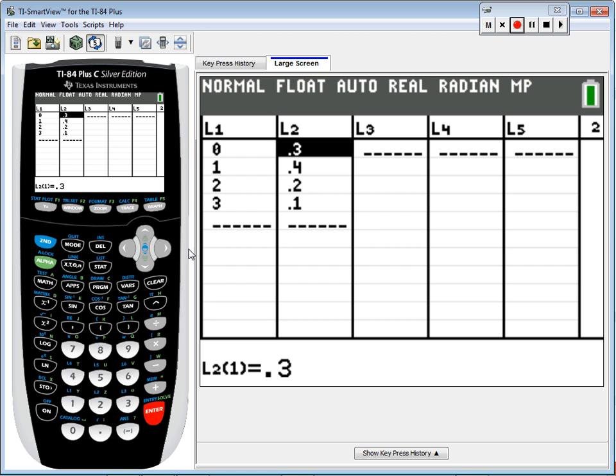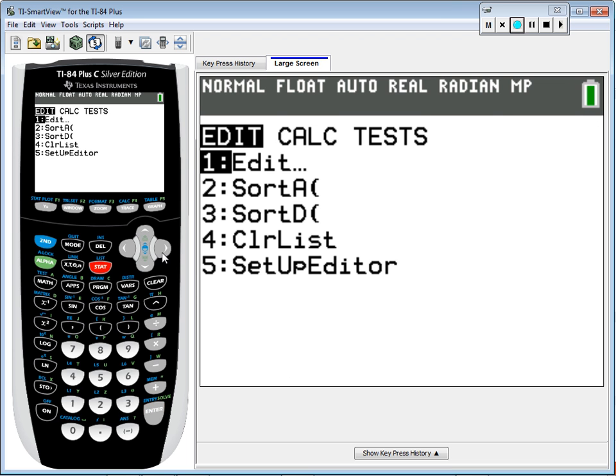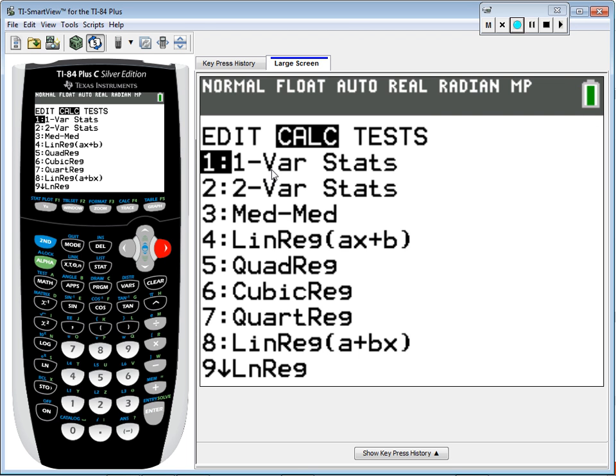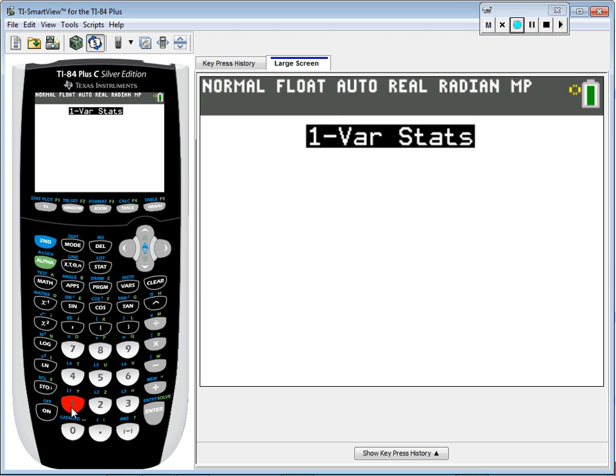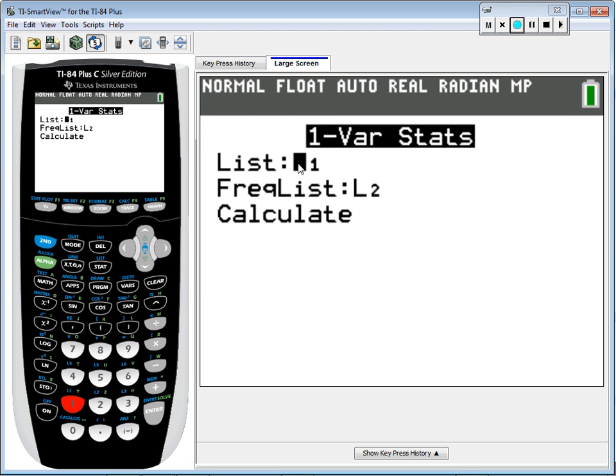Then to find the mean and standard deviation, I go to Stat, Calculate, OneVar Stats. From here I want to make sure my X list is L1 and my frequency list is L2 now. That's a little different than what we did before. Before we left the frequency list blank or put a 1 in there. Now I have the frequency list as L2. Now when I calculate this,